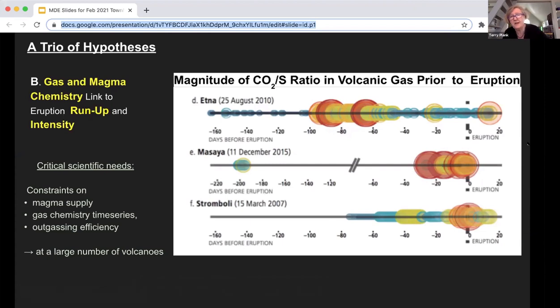So here the critical scientific needs then are constraints on magma supply, on these time series of gas chemistry and outgassing. And importantly, this approach involves study at a large number of volcanoes. So you can see already that the implementation plans we're recommending have different scales. Okay, so the third of the trio here